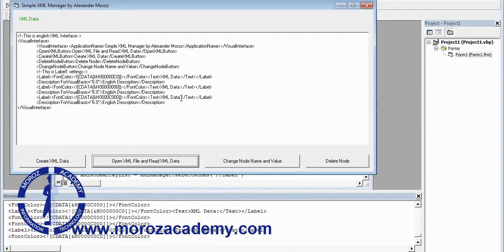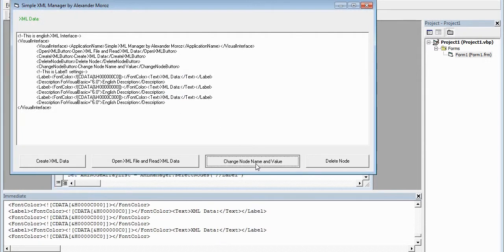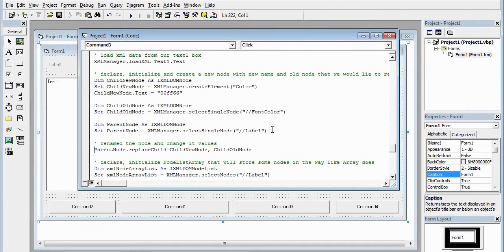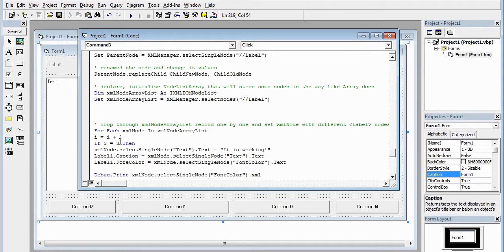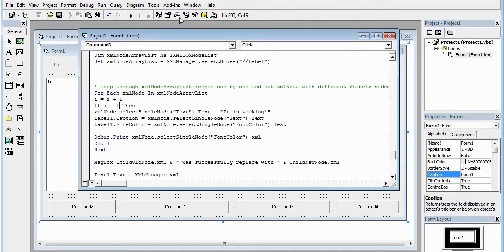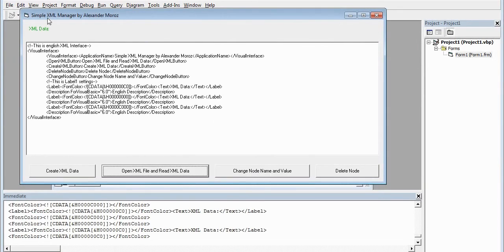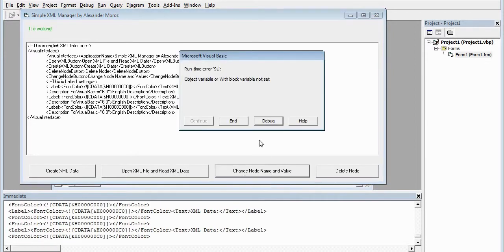So it changed it. Okay, let's load it again. You can see it's XML data, and now by change node, it changed the whole deal completely. It is working. Before we got an error because we had label 1 and we don't have any more label 1 node, so we just use label node. Okay, let's say I equals 1, which is red. Change the text and put the color red. Instead of green, make it red when I click the change node name value button. And debug,